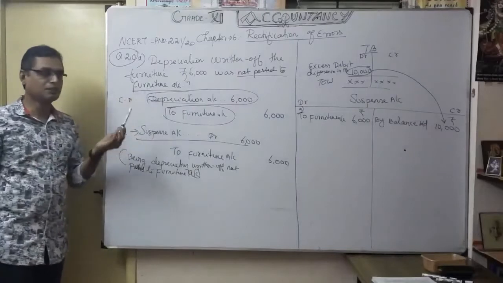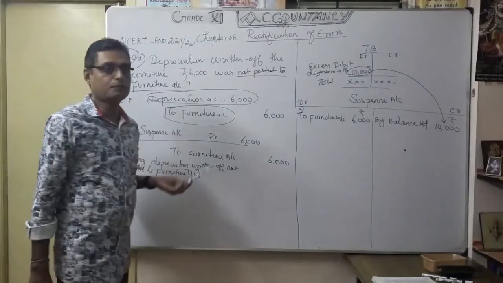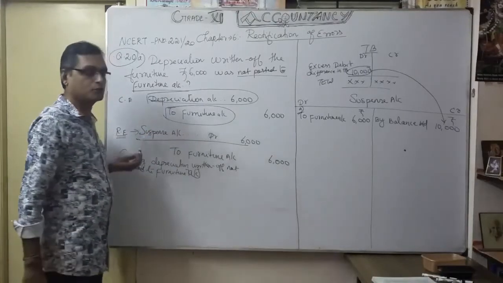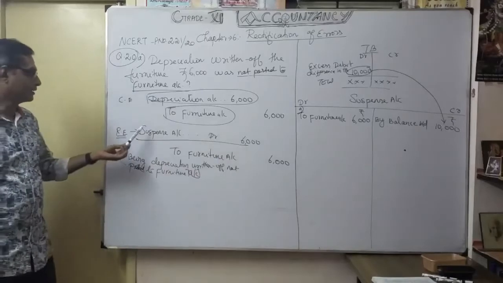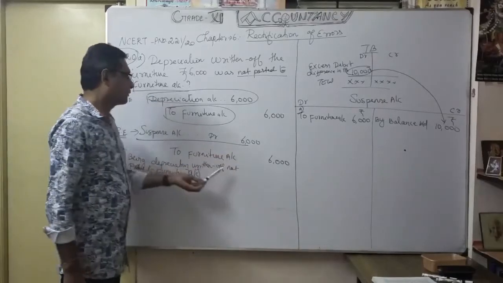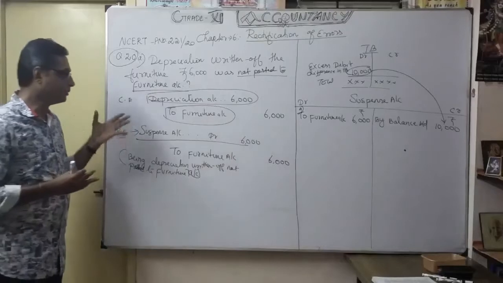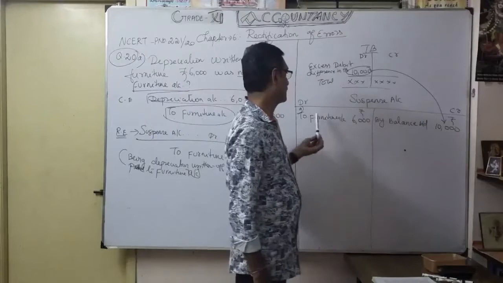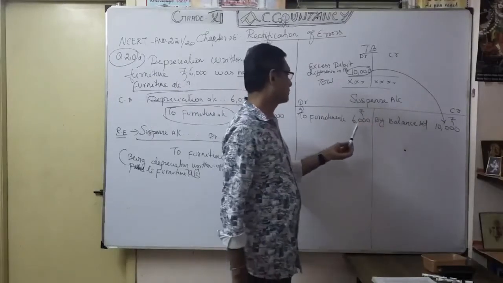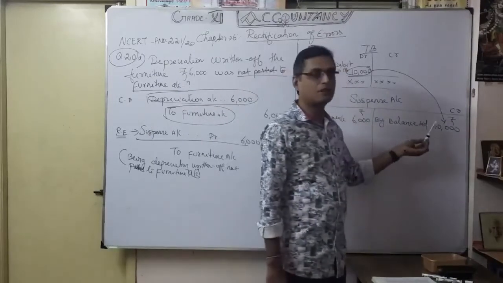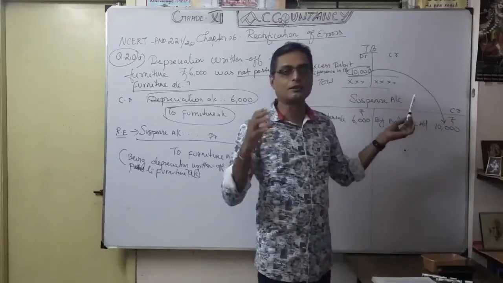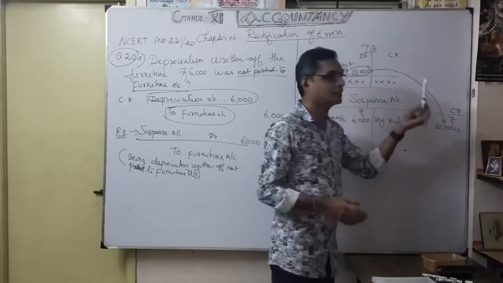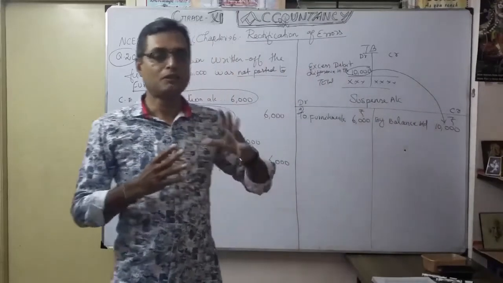Okay, depreciation now, written off. So it was not posted only in the furniture account, not in the debit side of the depreciation account. That's why I'm going to do it through a rectification entry: suspense account debit 6,000 to furniture account 6,000. So understood? Now simultaneously you want to open the suspense account. You have to write like this: the suspense account to furniture account 6,000. Already you opened it, so that's where they find the difference: debit excess. That's why on the credit side I write: by balance brought down 10,000. So the first rectification you have done.